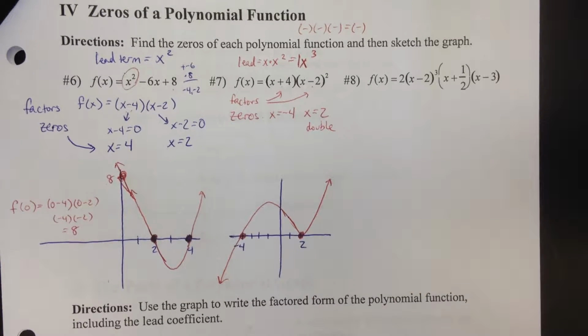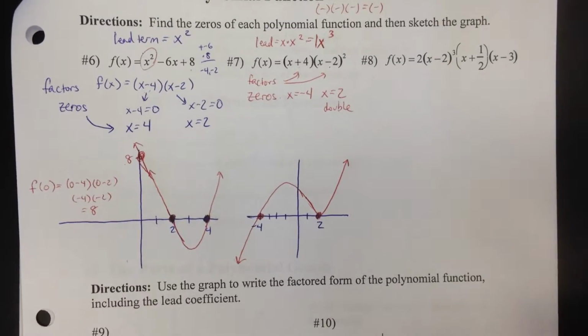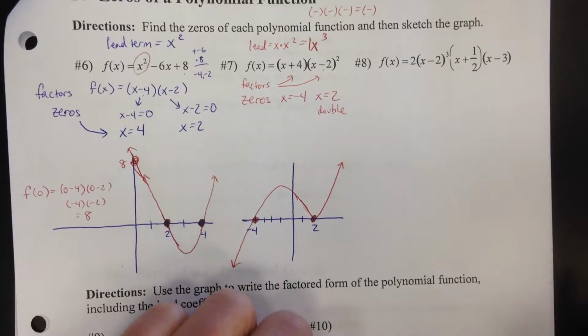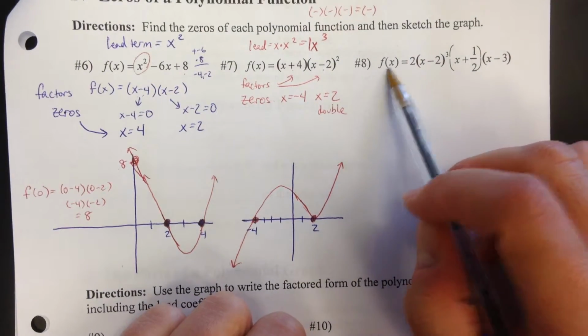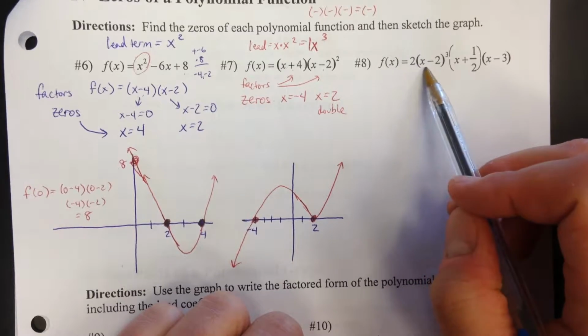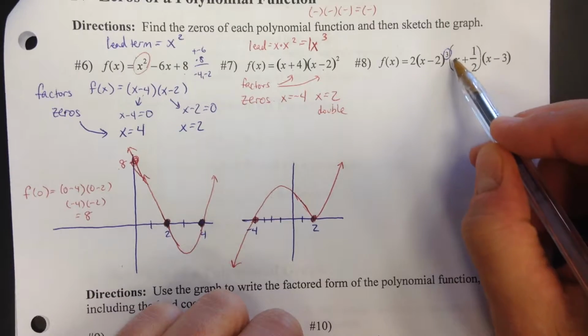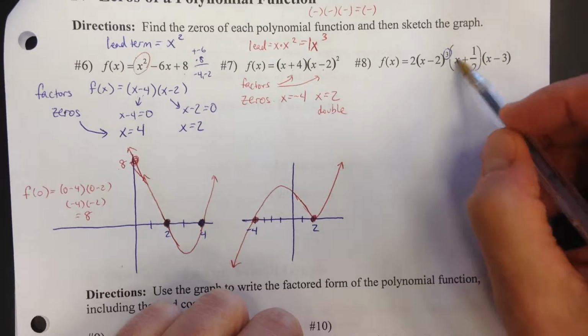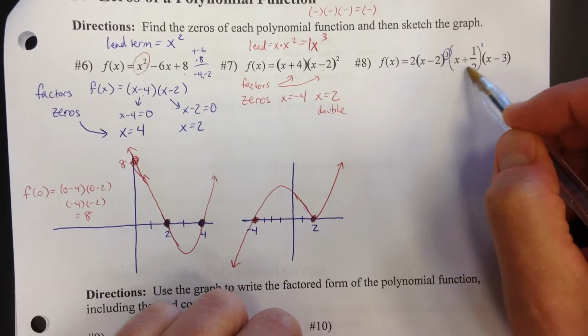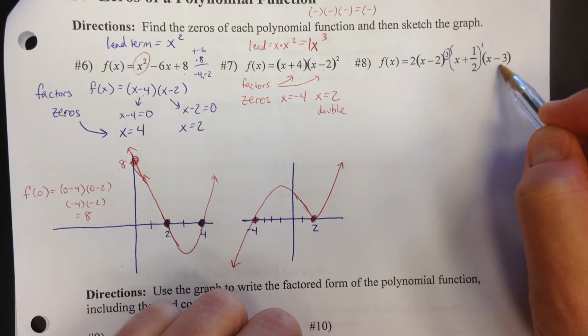Okay, so we have one more piece to do here for these notes. We got 3 more problems. Now, number 8, f of x equals 2 times parentheses x minus 2 to the third, and then times x plus 1/2. Think of that as being to the first, that factor, and then x minus 3, that factor is